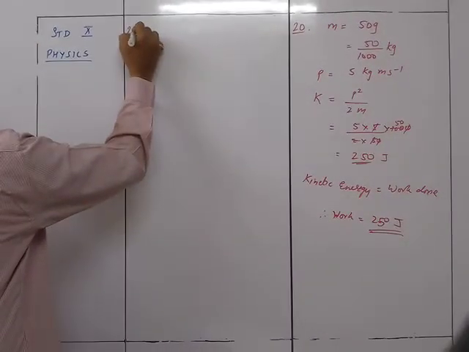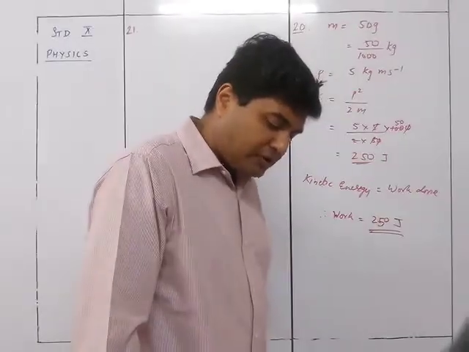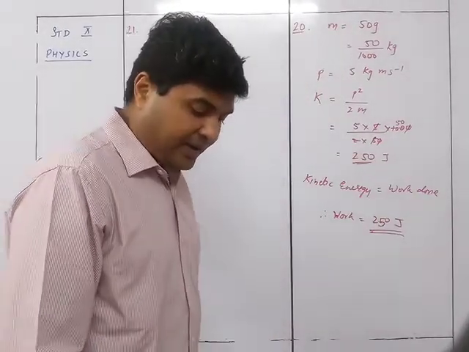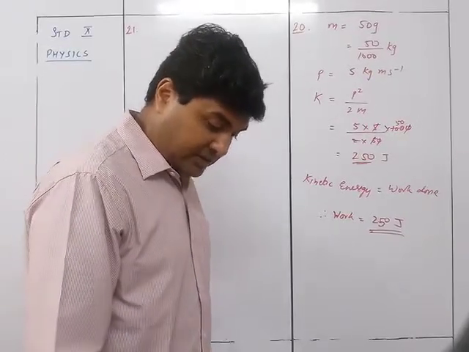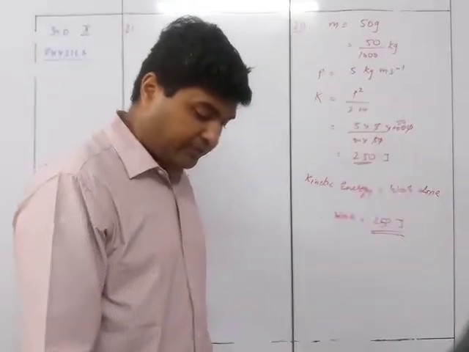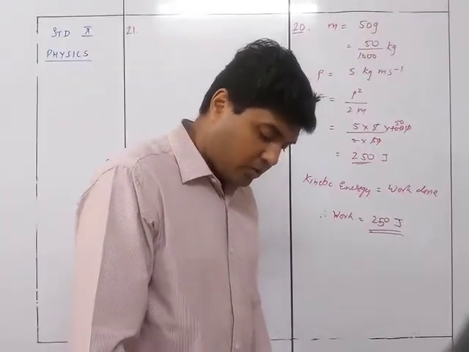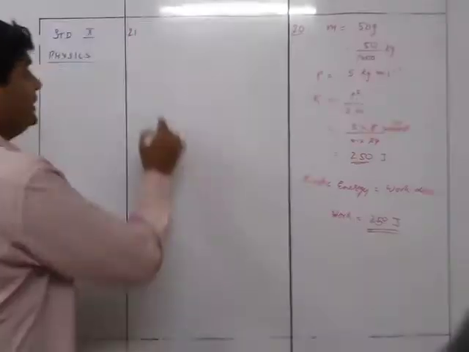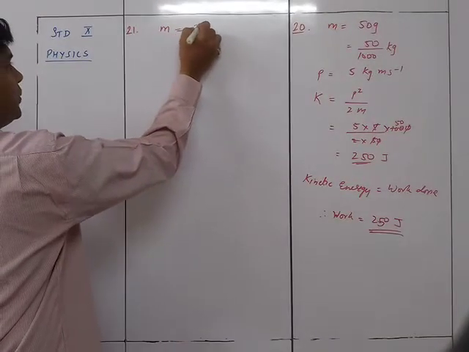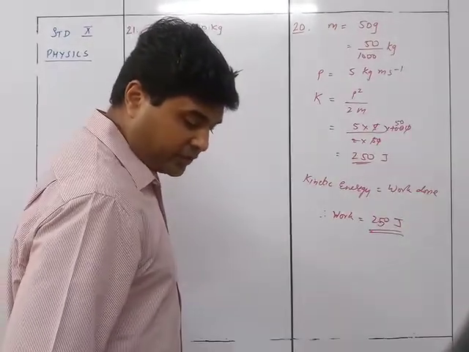Sum number 21. How much energy is gained by a box of mass 20 kg when a man carrying a box waits for 5 minutes for a bus, runs carrying the box with the speed of 3 meters per second, and raises the box to 0.5 meters in order to place it? So there are 3 questions over here. So let us see one by one. First of all, they are given that the mass is equals to 20 kg. The mass, what the man is holding, is 20 kg.